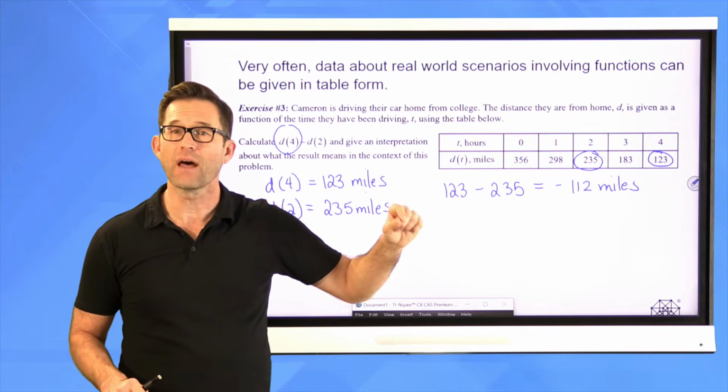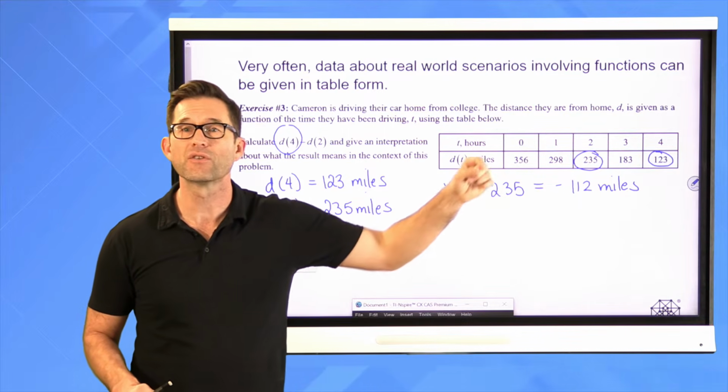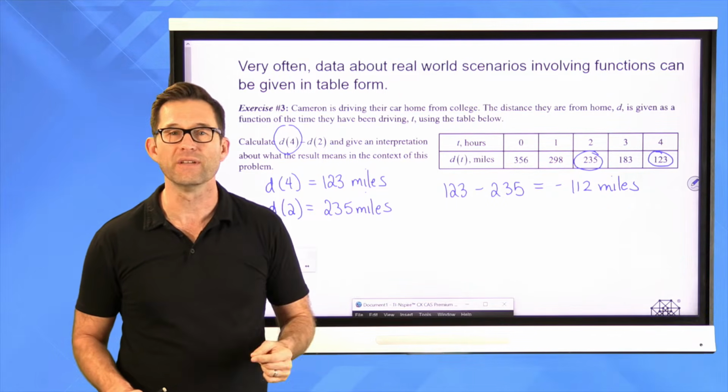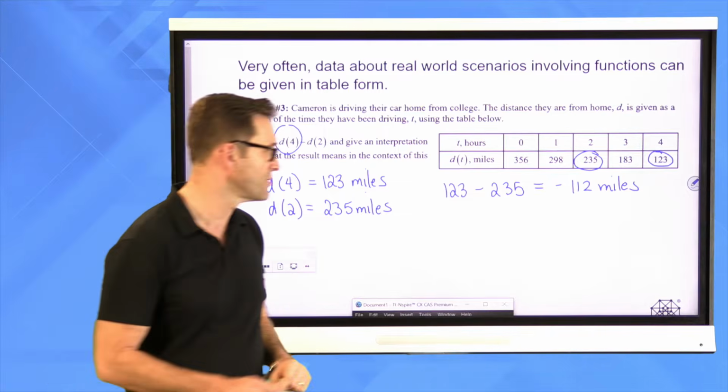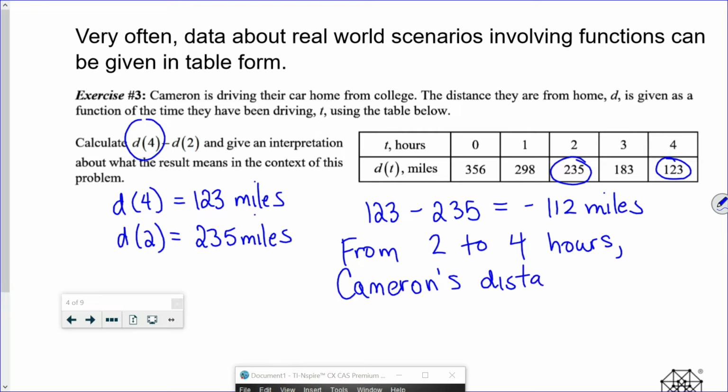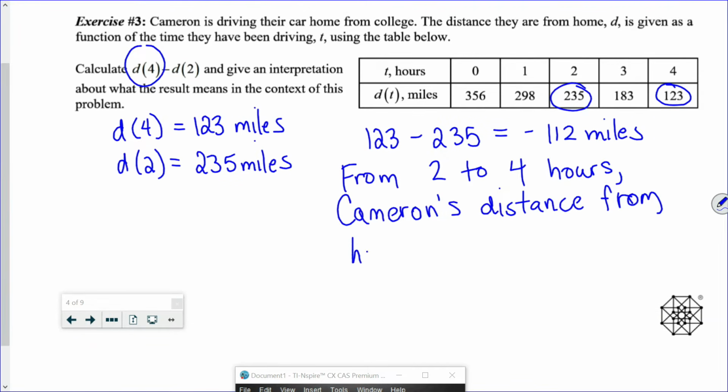So what this is telling me is that from 2 hours to 4 hours, the distance Cameron is from home decreases by 112 miles, right? So from 2 to 4 hours, Cameron's distance from home decreases